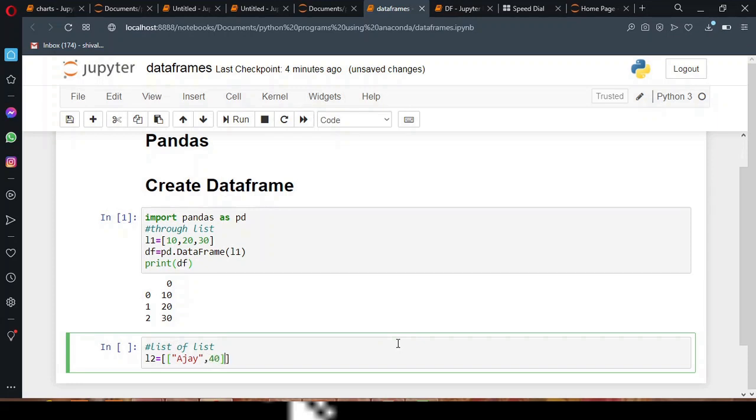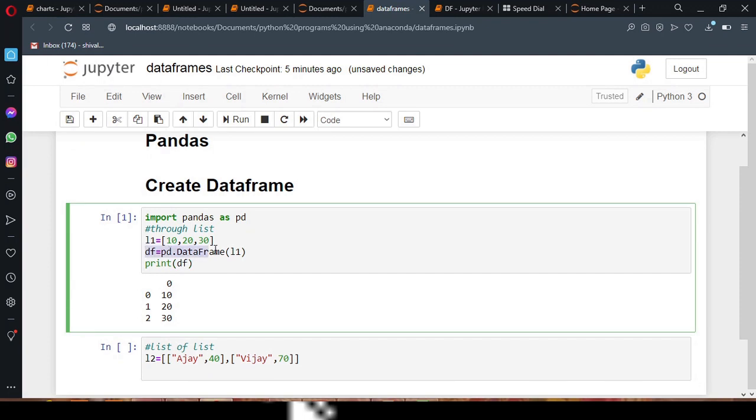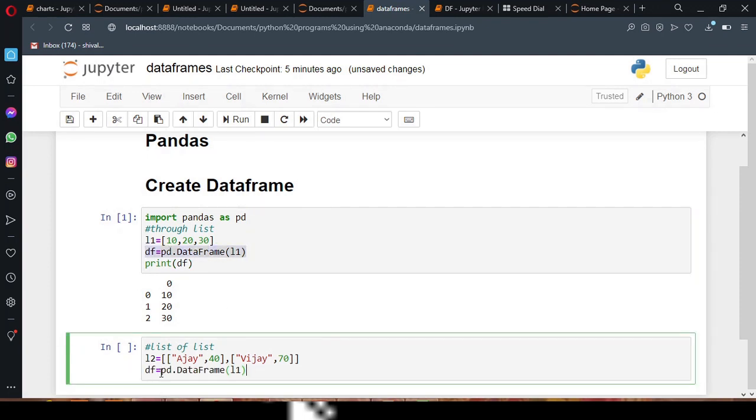This is the first list, comma, and then the second list I am giving as Vijay, and the marks as maybe 70. So this way you can create as many lists as you want. Then, copying it to save time, I'm going to pass the list which is L2.